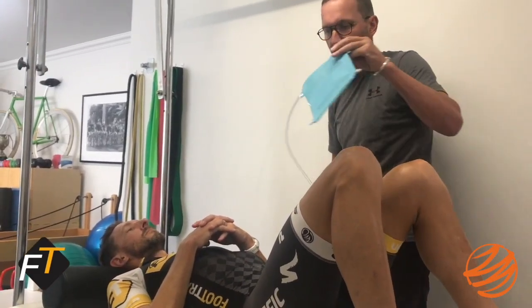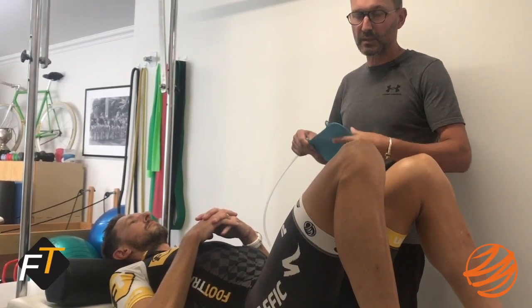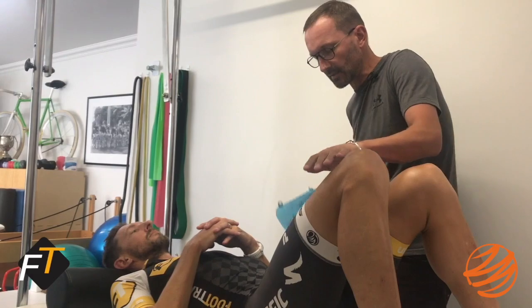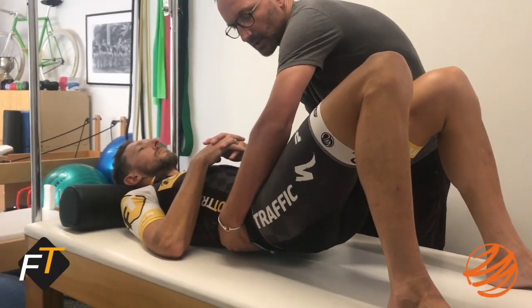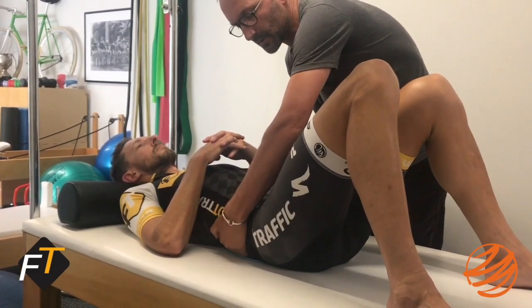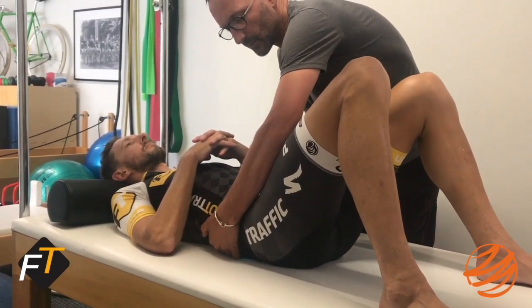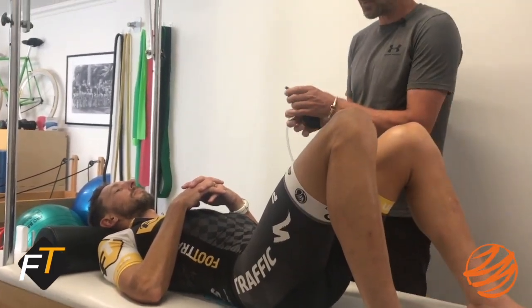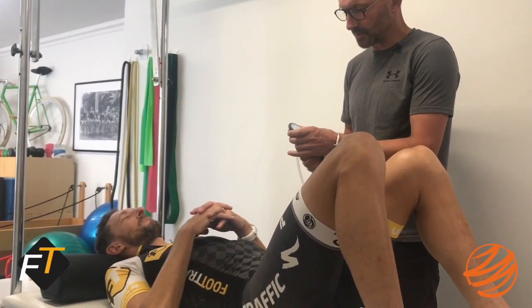Okay, so this is called a biofeedback, and if you're really serious about testing yourself, these are gold. They're an investment, but they're worth it. So we put the pad underneath his lower back, make sure he's in neutral spine, tip forward a little bit, go forward, there. Okay, now I'm going to let you see how stable he is. He is not, so when I'm testing...